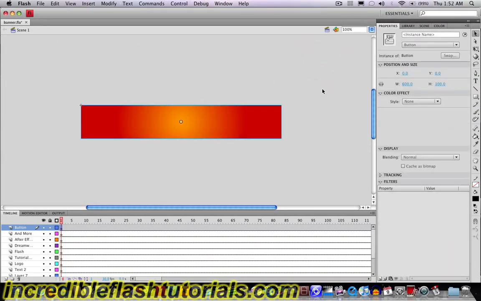Now I'm going to come over here to my properties, and on the style I'm going to make it alpha so it's invisible entirely. So basically what we're doing is putting an invisible button overlaying this entire thing. That way, no matter where they click on it, it will take them to wherever we want them to take it to. So the final step here is,